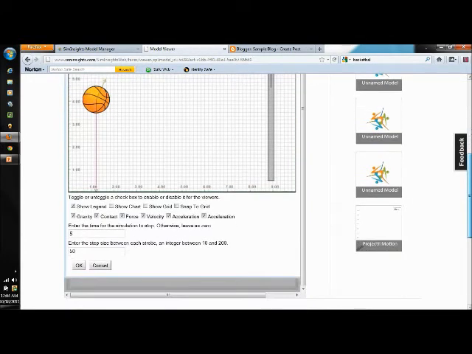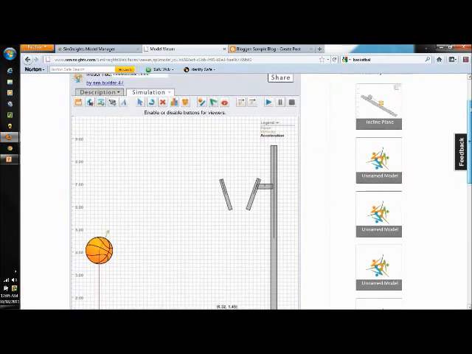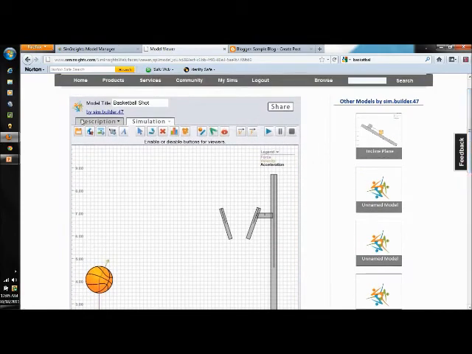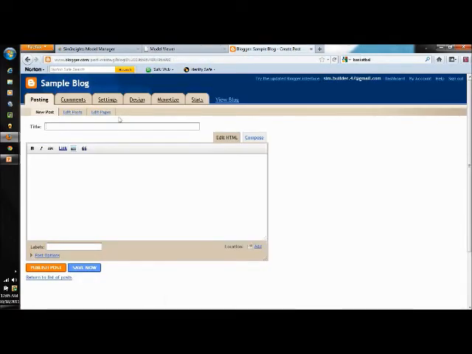Lastly, I'm going to check that all of these options are what I want them to be. I'm going to say show chart, and I want to limit the time for the simulation to 5 seconds, and I'm ready to go. My last step is to embed this in my blog. So check that my description's okay, then I'm going to click on share, and then I'm going to copy this embed link. I'm going to go to my blog,